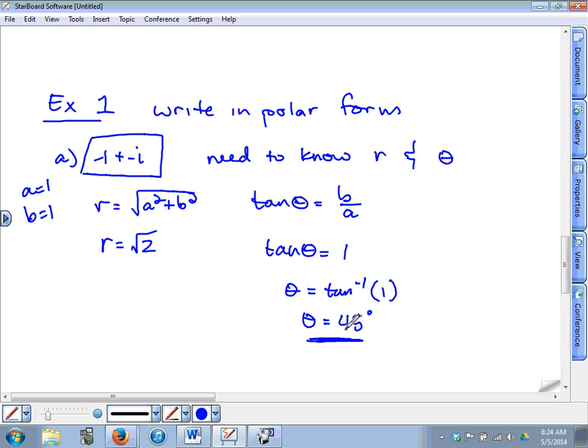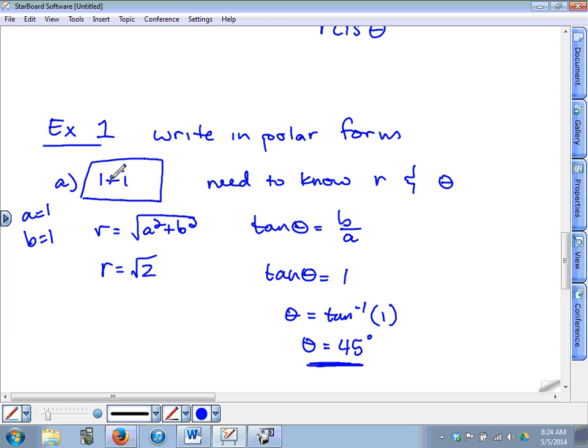That would change your angle. A lot of students forget that. Make sure you're always considering what angle you're getting here and what quadrant the complex number starts in. How do you know what quadrant? 1 plus i, you go over 1, up 1. That's in quadrant 1. So we know r and theta, but now we need to really write this number in